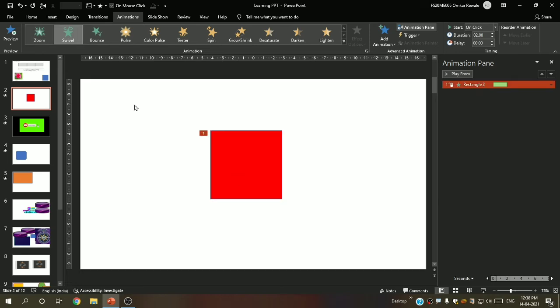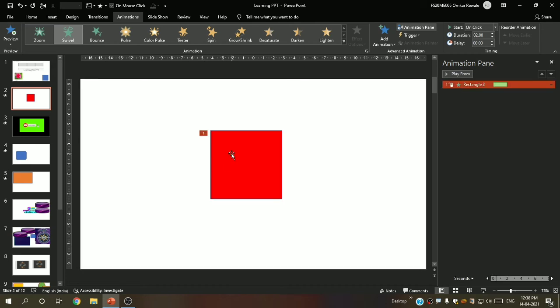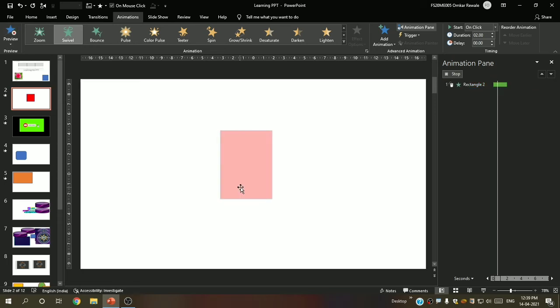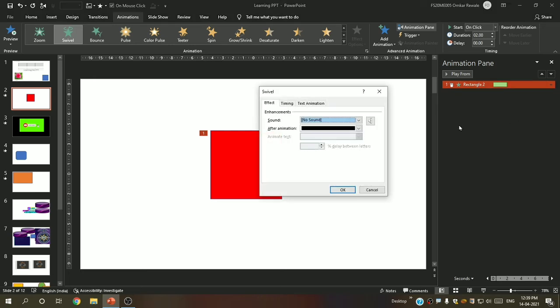I have applied this animation, and I will say preview. Now you can see that after the animation ended, the shape turned black. So this was the dim. Again I will go into effect options, and I can say don't dim.